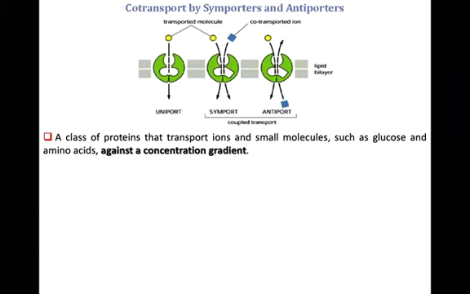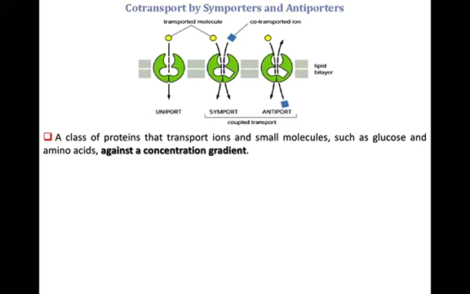So for co-transporters, as you can see in the figure as well, these are three figures representing the different transport mechanisms. Uniporter transports only one molecule, symporter transports two molecules in the same direction, antiporter transports two molecules in opposite directions. And you can see that these are called coupled transport or secondary active transport. So co-transporters, whether symporters or antiporters, are a class of proteins that transport ions and small molecules such as glucose for uniporters and glucose and amino acids